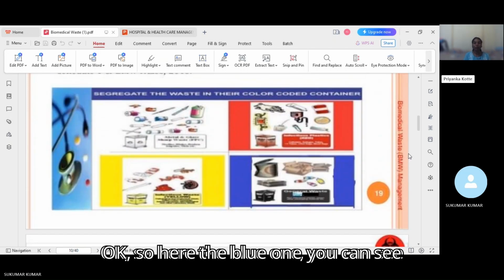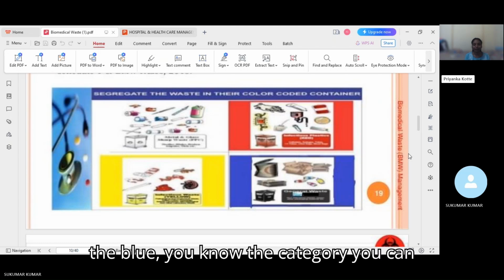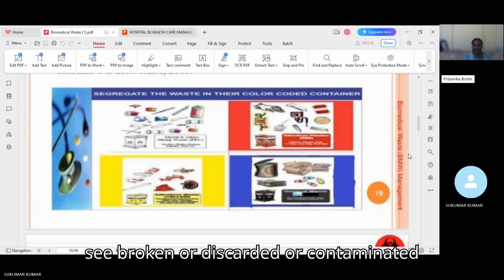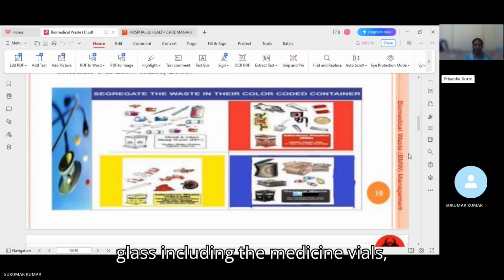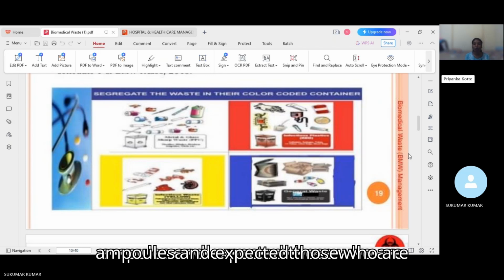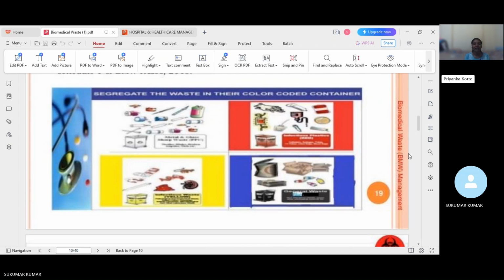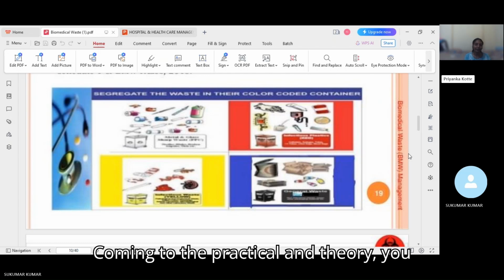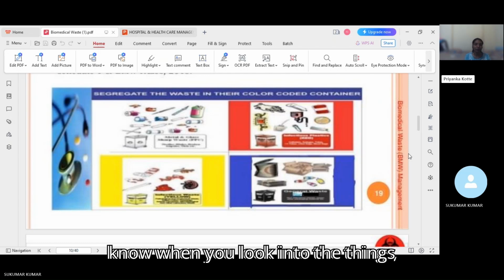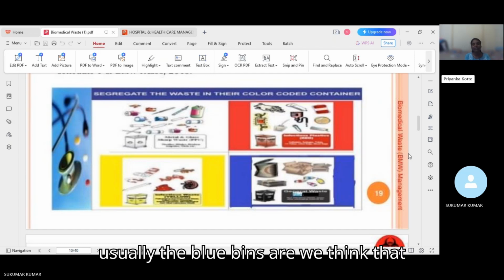Okay, so here the blue one, you can see the blue category: broken or discarded or contaminated glass, including the medicine vials and ampules, and expected those which are contaminated. So that's a difference. Coming to the practical and theory, when you look into the things, usually the blue bins are